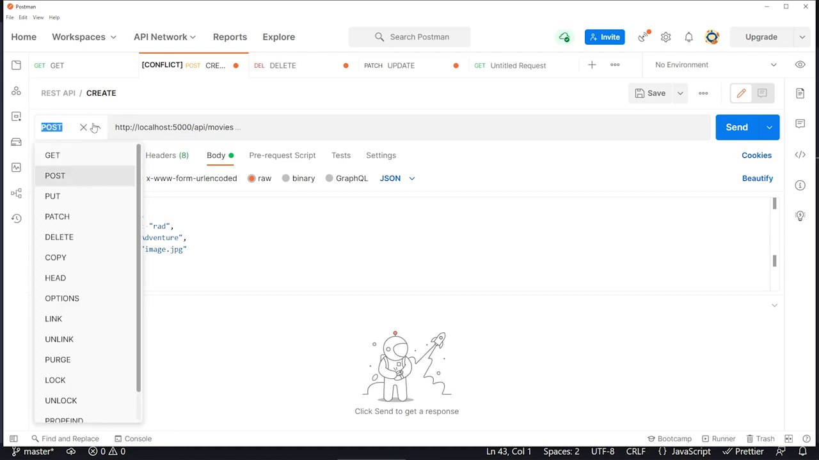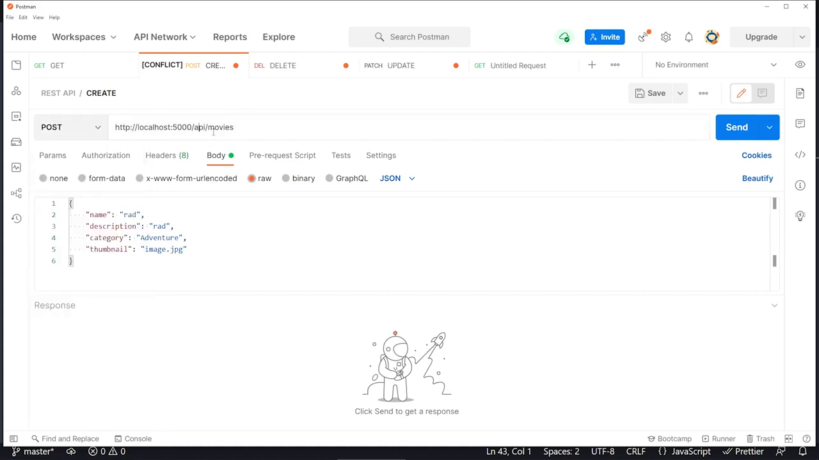Make sure that the request is set to POST. Make sure that your URL is localhost 5000 API movies. And then click on body, click on raw, and make sure that this is selected as JSON. Now, inside here, as you can see, I already have one written. What I have is a simple object here with the name, description, category, and thumbnail. And if I was to send this now,